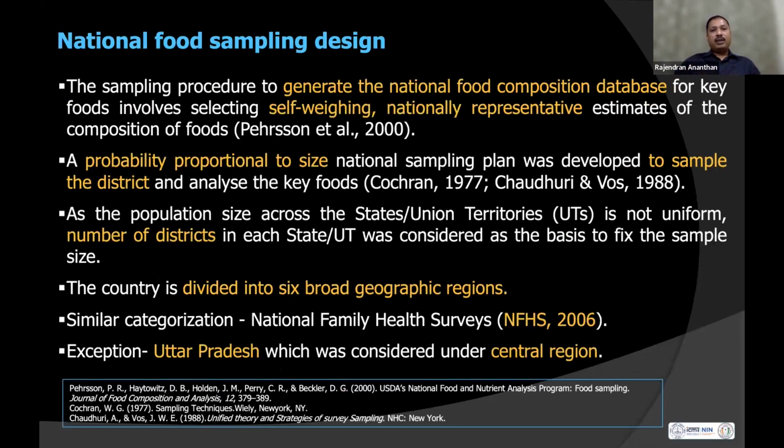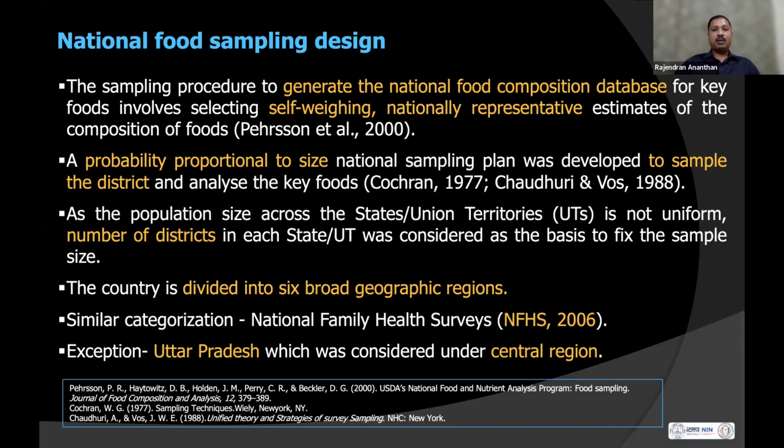Then after identifying the key foods, the next stage is how to collect samples from different parts, because if you look at our Indian regions, a lot of climatical zones, agroclimatical zones and soil types are there. So a lot of ecological variations are there. Again, the variety of foods, or the species of the foods, and different cultivars also vary across the country. So now, from where we have to collect the samples,